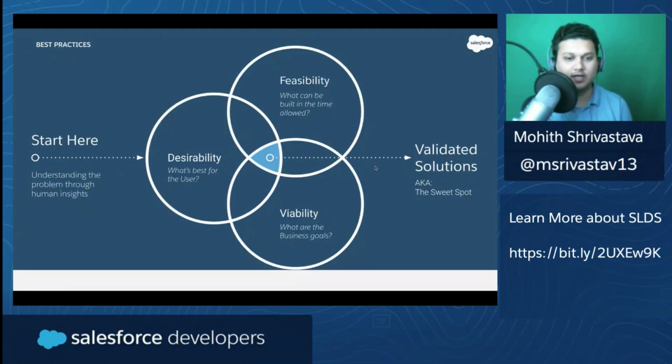But before that, I want to put the slide around the best practices here. So it's always about finding out the sweet spot. And that is your desirability for your users, the viability, which will be your business goals, and then feasibility in the allowed amount of time. That's so important. I mean, you can go custom, you can build your custom code on Salesforce, but you